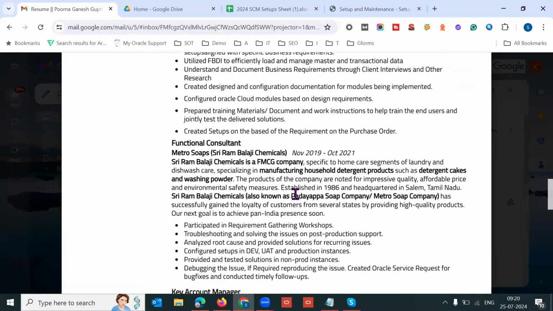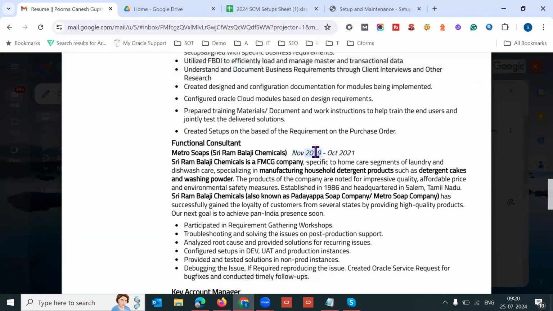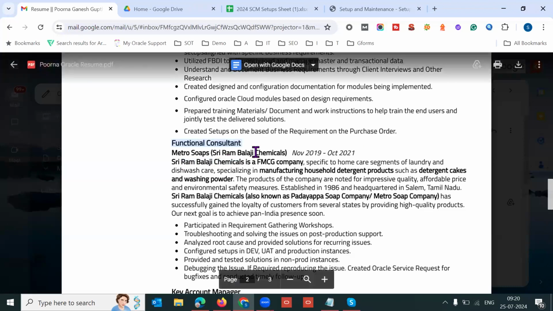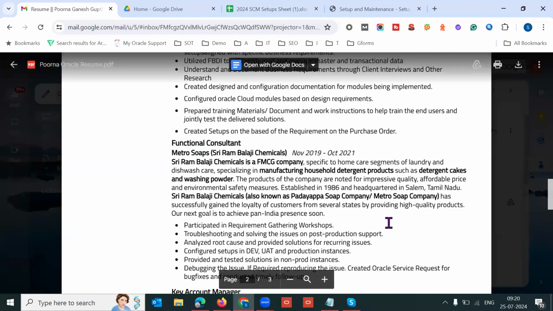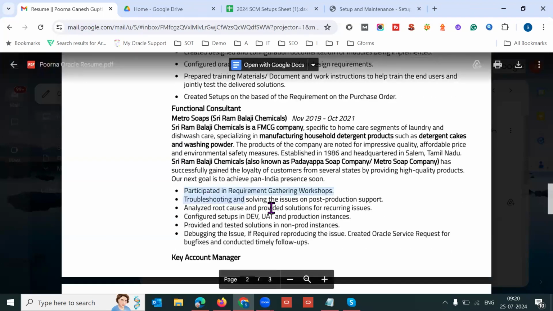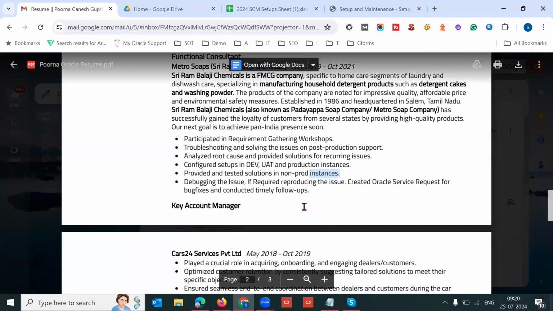So from here, I think this is your first project, right? Yes, sir. I worked for Metros, a manufacturing company, as a regional manager. You mentioned it as a functional consultant, and this is an implementation project. After the dates, can you please mention the project type also, like implementation or support? Looking at your roles and responsibilities, I can understand it's an implementation project. But one thing is